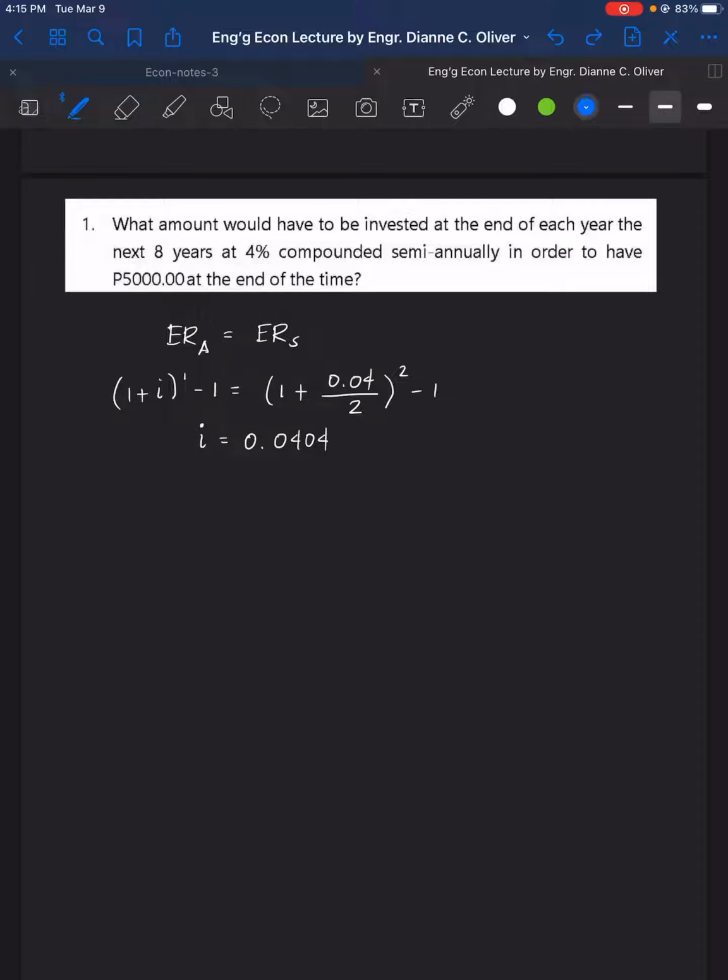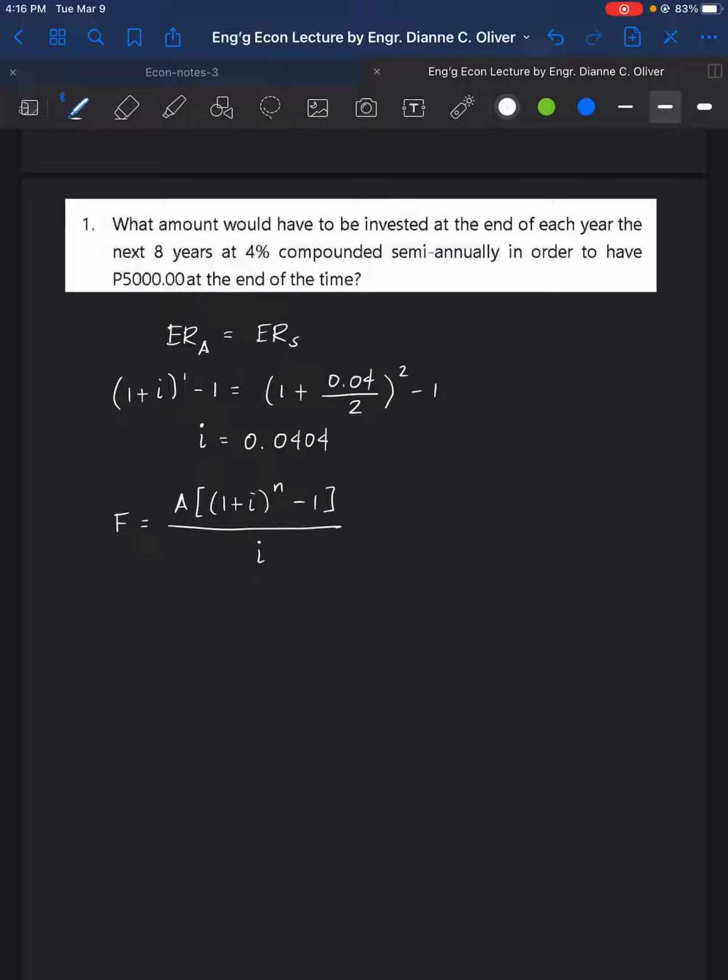So that is a future worth. From the previous discussion, we have the formula for F is equal to the annual payment A times (1 plus i) raised to the number of payments minus 1,